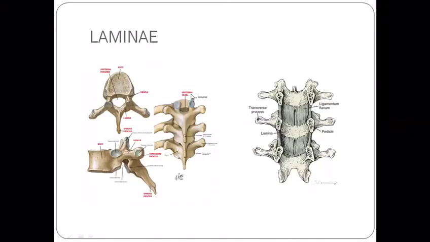Next we can move on to the lamina. Laminae are thin plates of bone which pass backwards and medially from the pedicle, and meet posteriorly at the midline to form the spinous process. It elongates to form the spinous process. The adjacent laminae are interconnected by a fibroelastic membrane known as the ligamentum flava. In thoracic vertebrae, the laminae partially overlap each other. So those are the features related to the lamina.